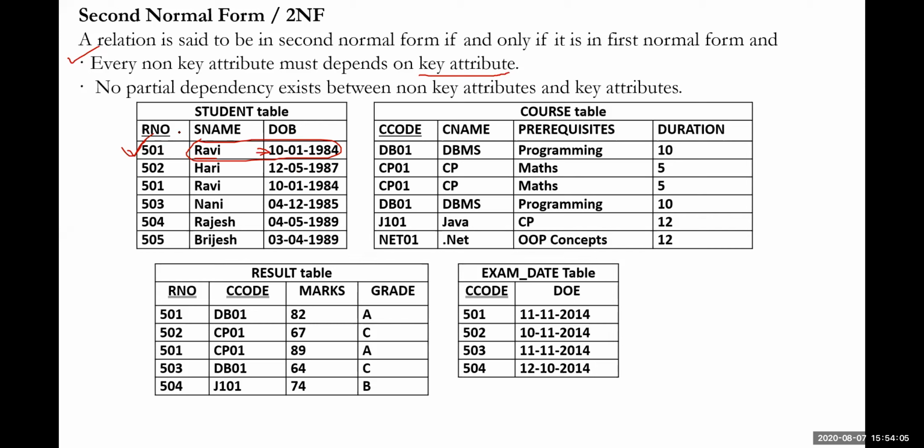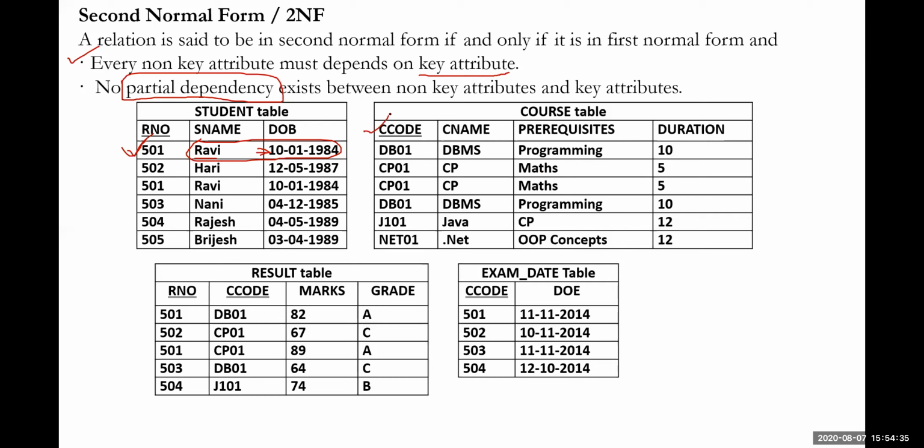Always you need to remember only one thing. Partial dependency must always exist when you have a candidate key, when you have a composite primary key. Okay, if two keys participate as a primary key, then it could be considered as a partial dependency or full dependency. Both exist only when the composite candidate key is there. In our tables, we don't have any candidate key.